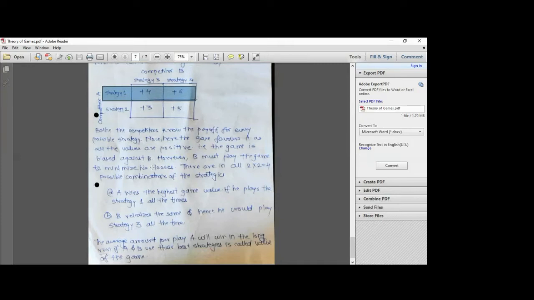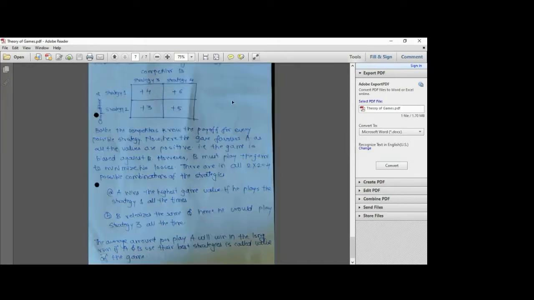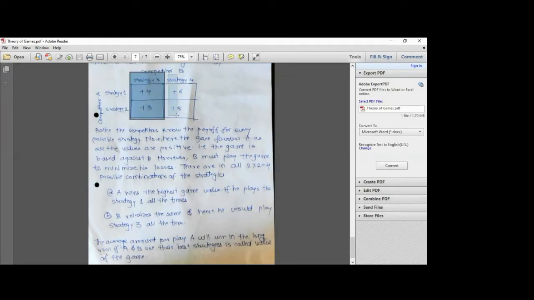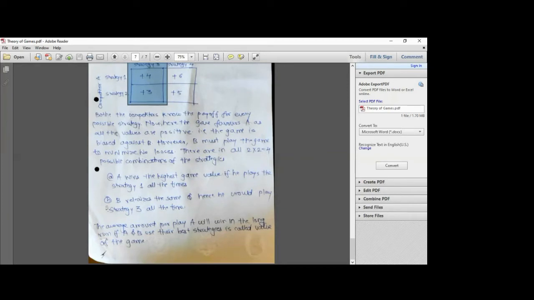And what B is realizing, so every time, particularly if B's strategy is this, this is B's strategy 3 and this is B's strategy 4. If he plays strategy 3, then what happens? He has less loss, right? How are you going to compare? +6 to +4, which is smaller; +5 to +3, which is smaller. So what he will be doing always, to minimize his losses, the competitor B is always going to play strategy 3 all the time,